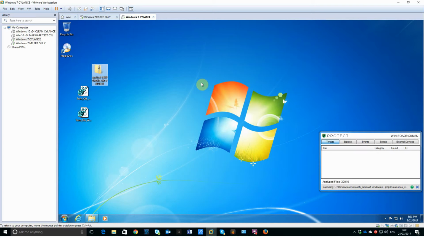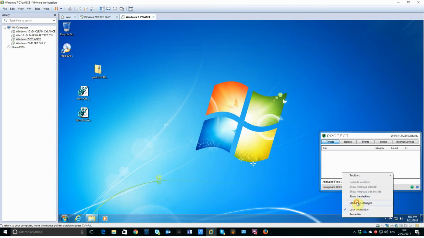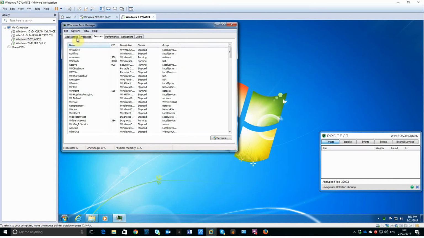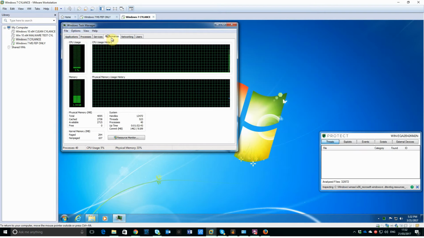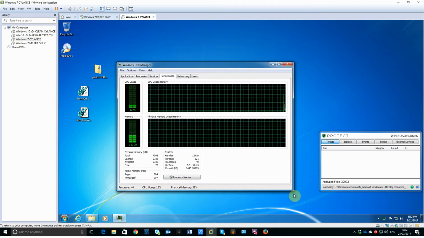And now it's time to explain a slight difference between the way Cylance runs and the way traditional AVs run. So you may well be able to see on the bottom here that background detection is running, and it is chugging along, inspecting files in a very similar way to how a traditional AV would. It would chug along through the hard drive,